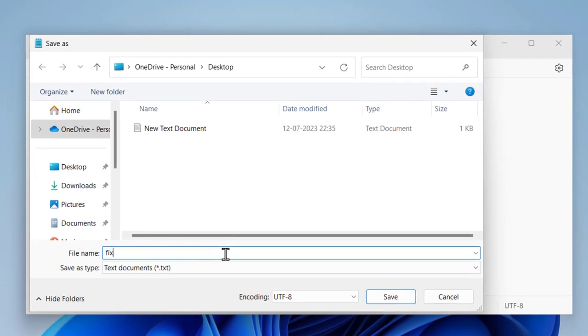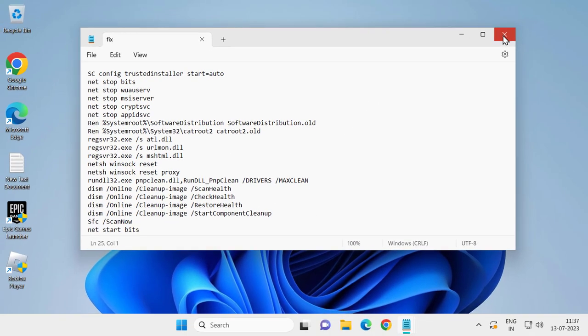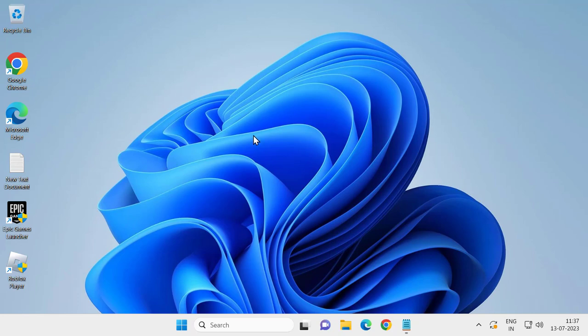I'm gonna name it as fix, but at last you just need to type .bat. This is important, guys, .bat. You just should note .bat at the end of the file name. Save as type to all files, select save, and after saving it, close out of here and on the desktop, right click